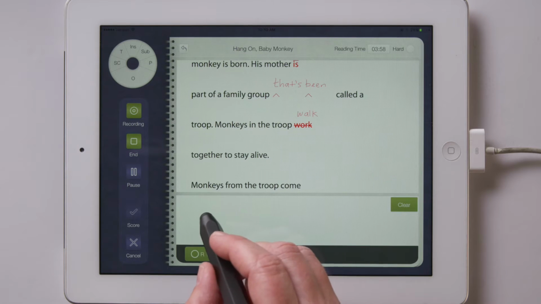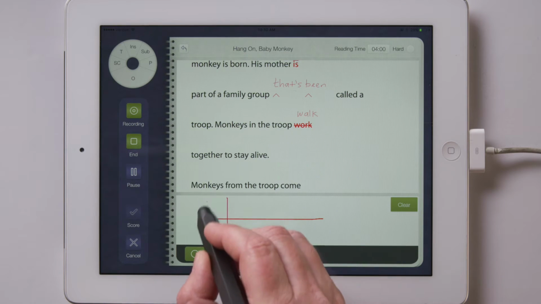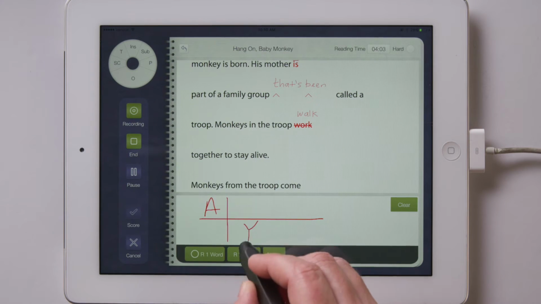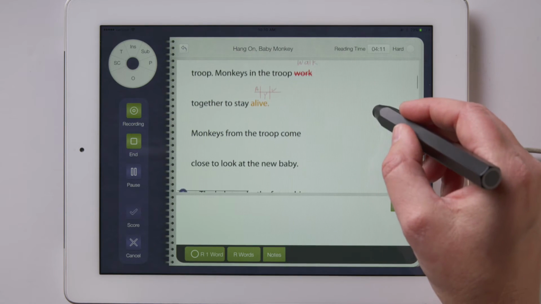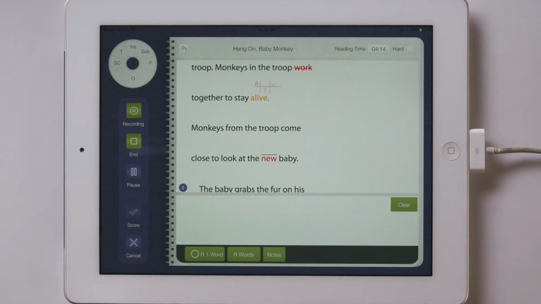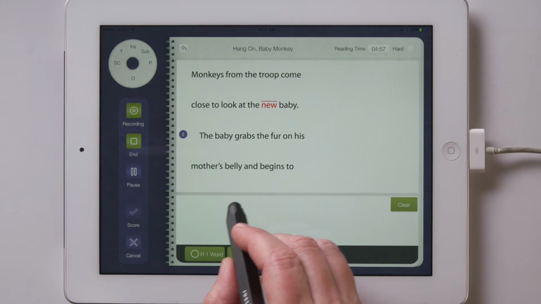So if a student appeals for a word and you say to the child, "You try it," and the child then reads the word correctly, you would write these behaviors in the box and gesture toward process. No error is added to the count. Omissions are coded by tapping on a word and gesturing downward. The word turns red and a line appears over it. Each omitted word counts as one error.